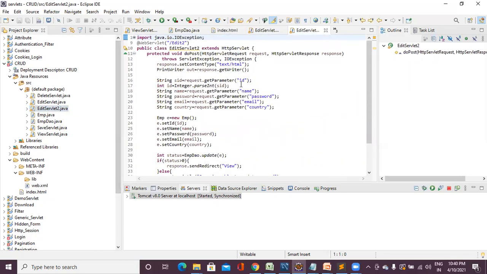Here also get the id, convert the id into integer, and based on this id, get the parameters name, password, email, and country, and store them in the strings name, password, email, and country. Then Emp e equal to new Emp, then set these values into the Emp object. Then int status equal to EmpDao.update. Then go to the EmpDao update